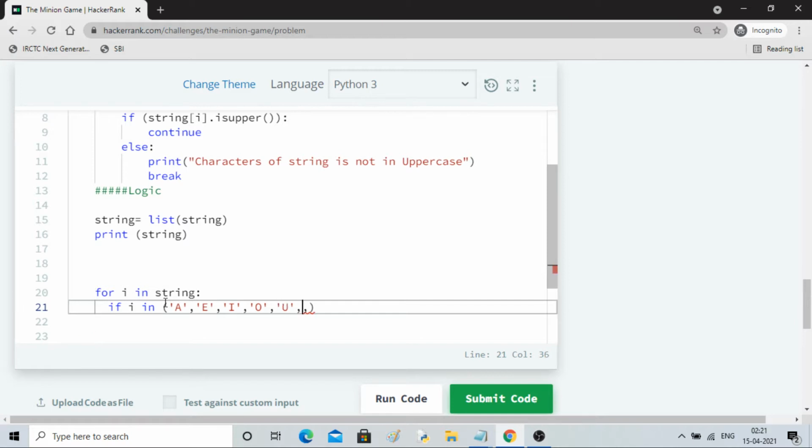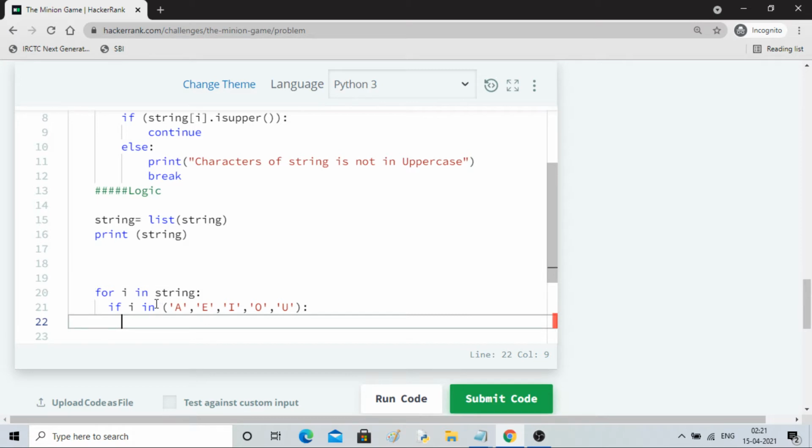These are the vowels, right? A, E, I, O, U. If i is in A, E, I, O, U, then I'll run another for loop.